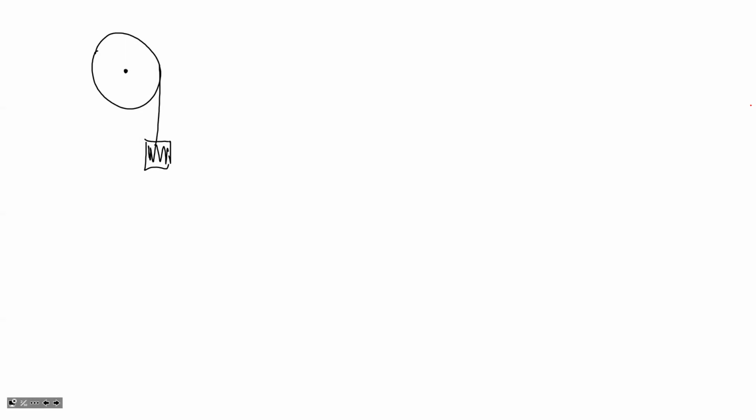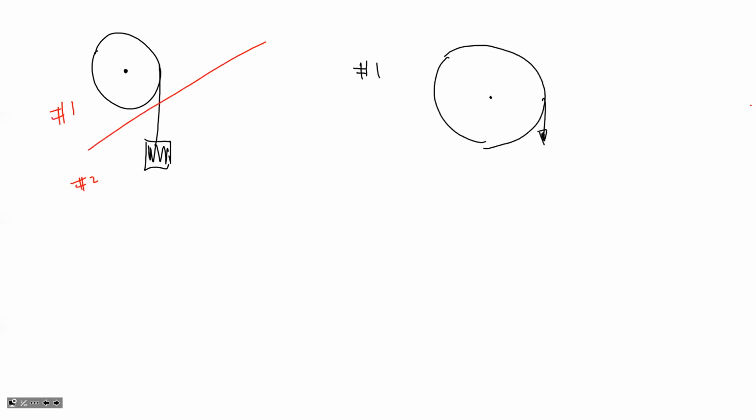So we see two objects here. Number one, number two. That means we should analyze the motion of each object individually first, and then we can figure out some connection between those. For example, for a disk, we only have one important force. Well, it could be, like in our example, attached to some stand. It doesn't matter because this force of gravity and this normal force,